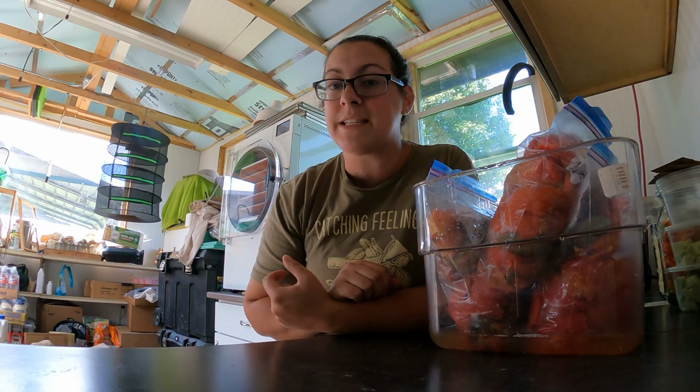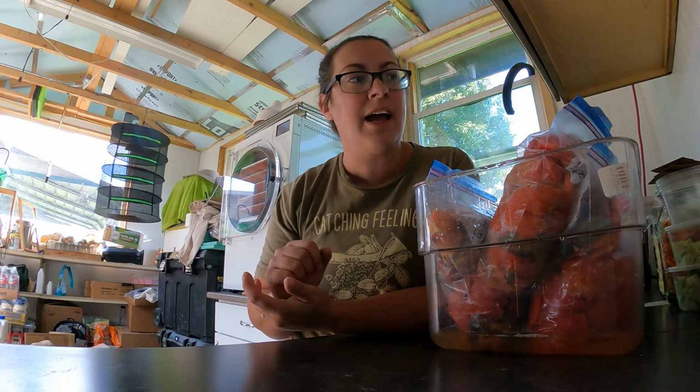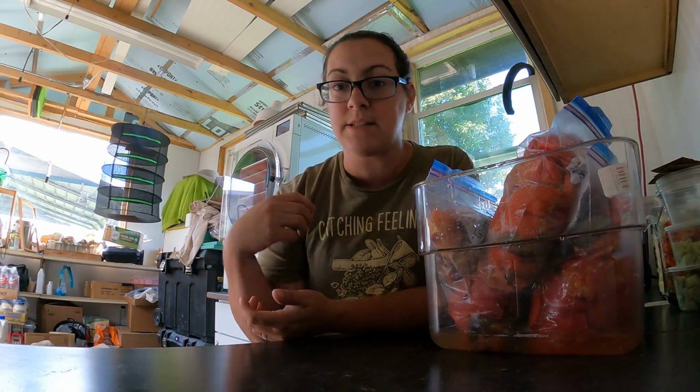So we actually have a lot of tomato sauce and chili sauce and barbecue sauce that I made last year, because last year we had a massive amount of tomato haul. We had a huge bumper crop of tomatoes, so really I'm not in need of more things like that right now. So I actually considered freeze drying some of the sauce that I made last year